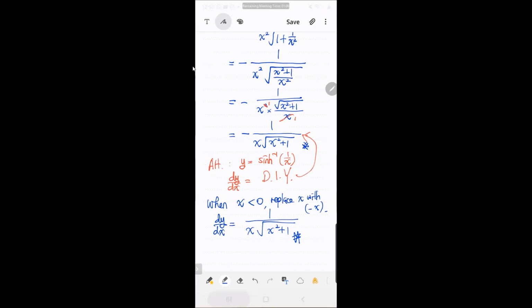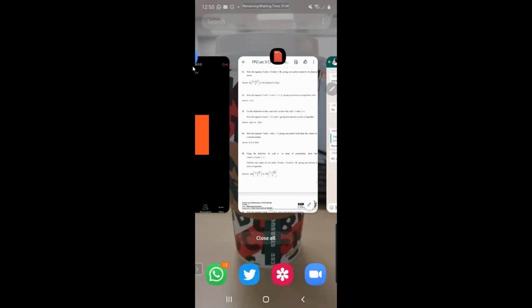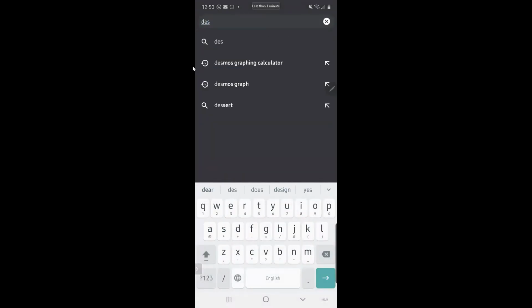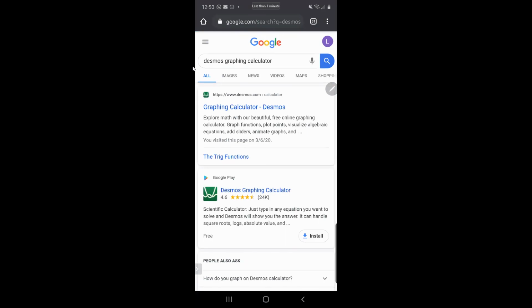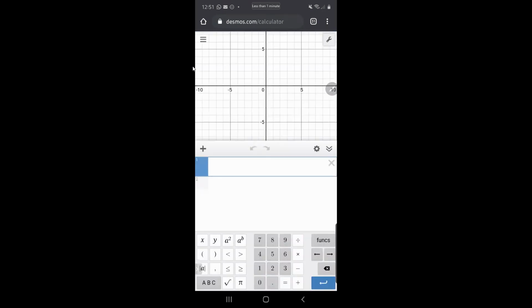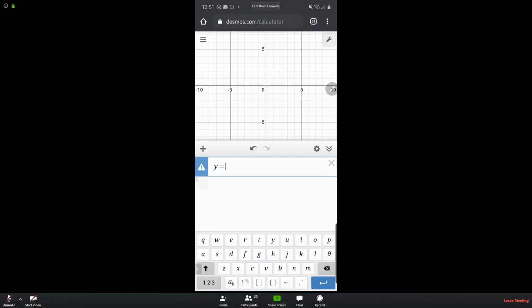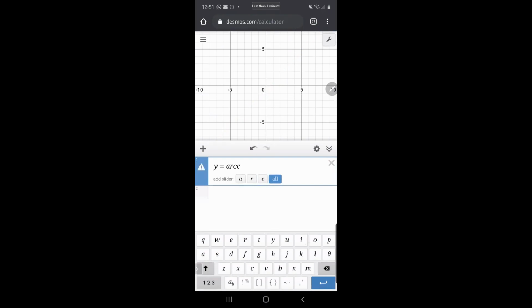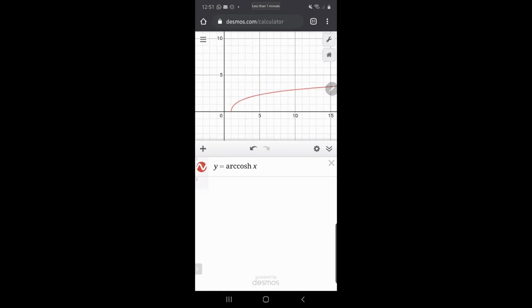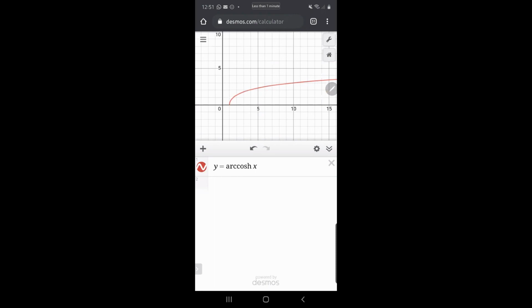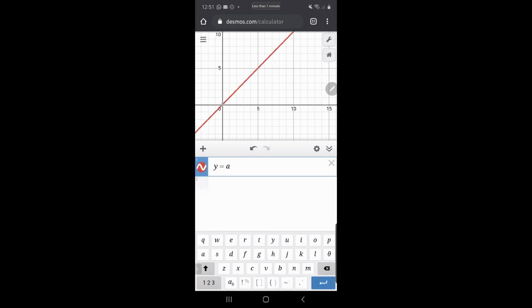Okay, now for those of you who are interested to look at the graph, there's most graphing calculator. So you can look at the graph. You can look at the gradient. The gradient is always negative. So this one is, the formula is y equals to cosec inverse x. Sorry, it's not a cos. Cosec inverse. Cosec inverse means what? Sorry. Cosec inverse means I have to put